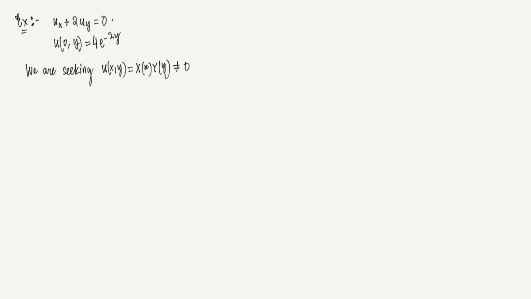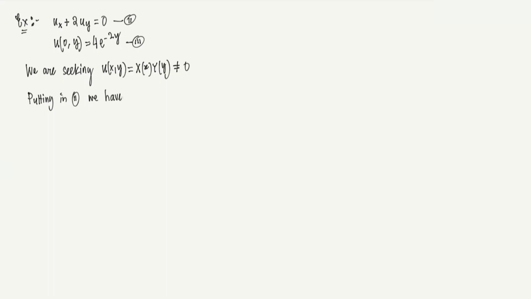Of course, 0 is always a solution, but 0 does not satisfy the initial data. So 0 can't be a solution of the whole equation along with this initial data. Now if this is the case, then what happens? Putting this in this equation, let's call it 2, and let's call the initial data 3. So putting in 2, we have